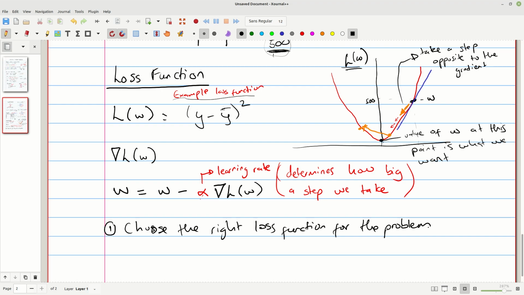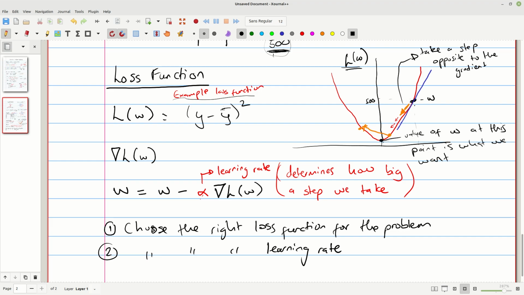And the next thing we need to think about is choosing the right learning rate. If it's too small, we will learn very slowly. If it's too large, then we might end up diverging.